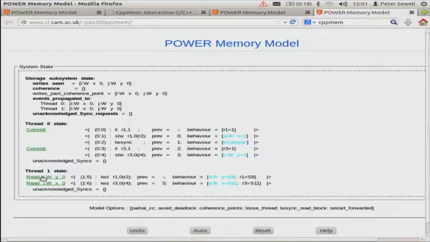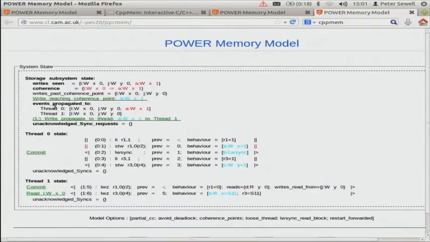And this, although I'm not going to explain the detail, is the state of the abstract machine of that model. And these green things are the system having computed that the precondition for those transitions is true in that state. So then I could take that transition and the state changes, or I could take that transition.